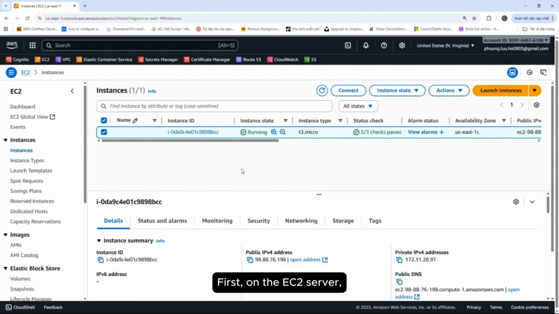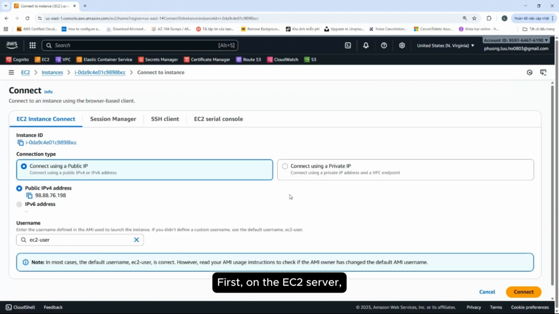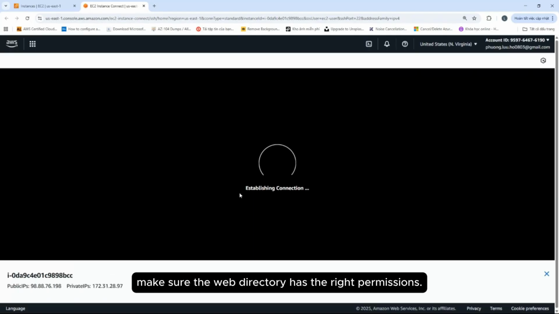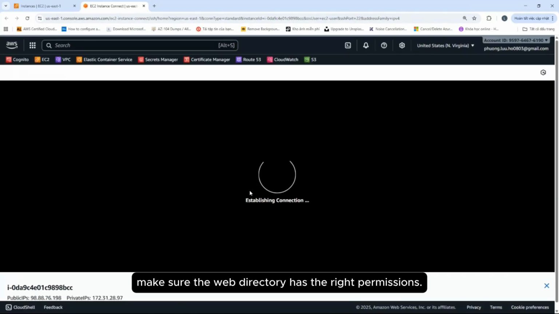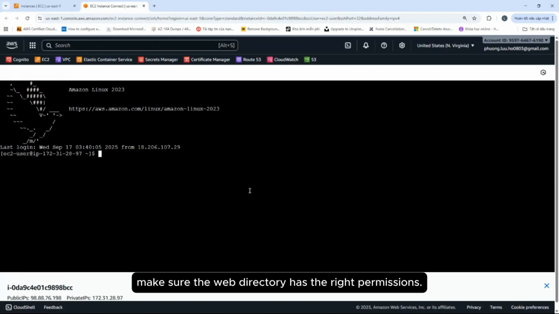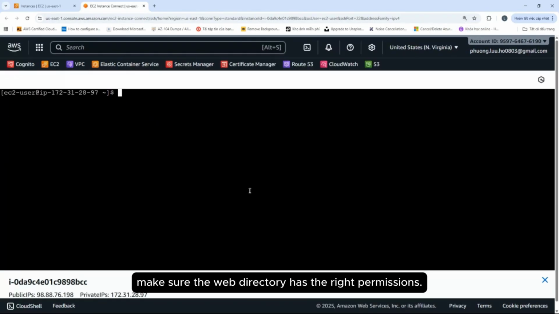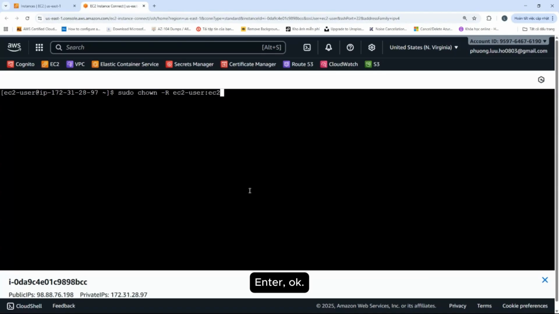First, on the EC2 server, make sure the web directory has the right permissions. Enter. Okay.